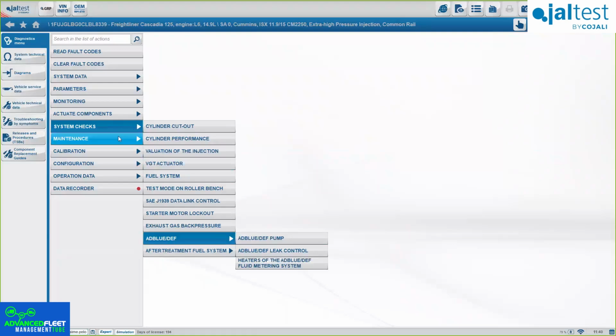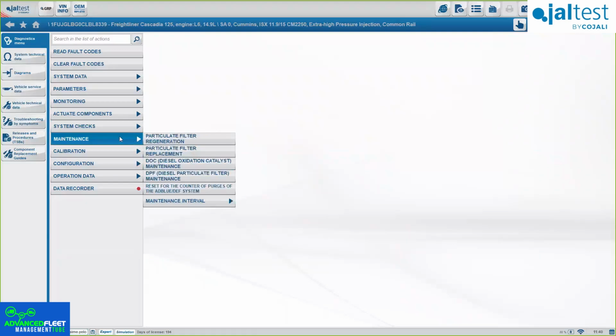all that, okay? Under maintenance, we have the regeneration, for example, or the replacement, okay? Those are the most important, at least for what I've seen with you guys, with the technicians. The regeneration and the replacement are something that everyone's looking for in a diagnosis tool. We have them, okay? For commercial trucks, in let's say 99.9% of the cases, we have the option of performing the regeneration, and in some cases the replacement or the reset, depending on what the truck allows us to do. But again, you will always see those options here under maintenance.